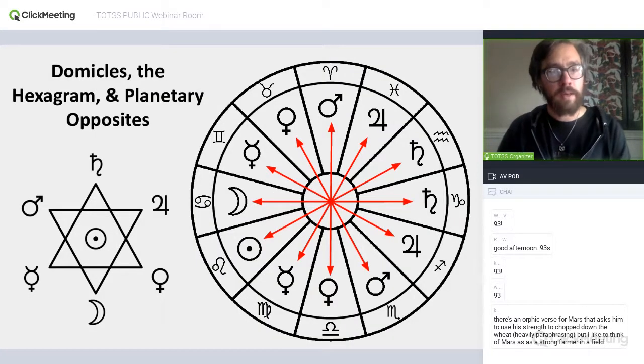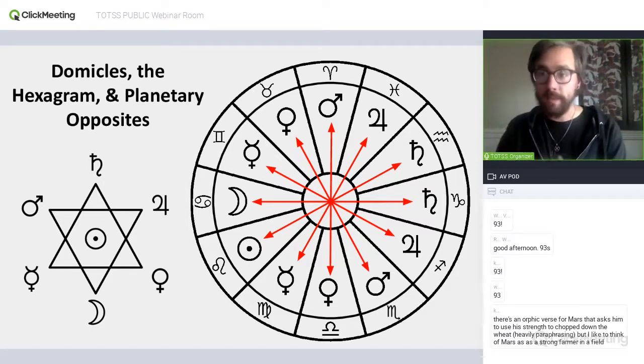All right, another important thing that we want to take into account when we're thinking about the meanings of the signs is which signs are opposite to which other signs and the planetary relationships there. Now, we've already seen this set of opposites a few classes back with the hexagram. And so we see that the oppositions we find in the layout of the zodiac are the same sets of oppositions that we find in the hexagram.